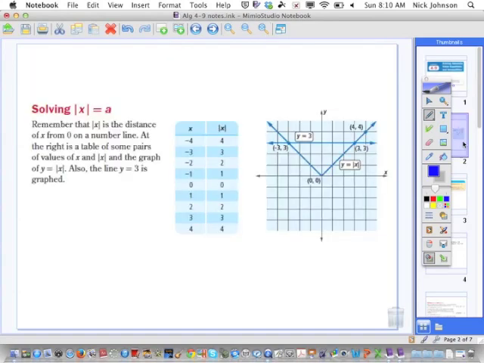Solving the absolute value of x is equal to a. It says, remember that the absolute value is the distance of x from 0 on a number line. At the right is a table of some pairs of values of x and the absolute value of x, and the graph of y equals the absolute value of x. Also, the line y equals 3 is graphed. Okay? So what they want you to notice is, if you notice here,